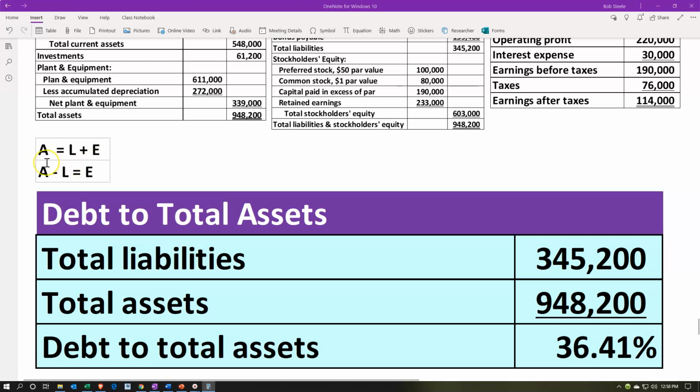And I'd like to increase my assets because the more assets I have, if I can get a return on the assets in the business, I would like to have more assets to get a higher return. So you could say, well, it would make sense then to increase the liabilities so that the owner doesn't have to put their own money in, and we increase the assets that would help us to get the return. And as long as we can pay off the interest rate for it, then we would be increasing our return,